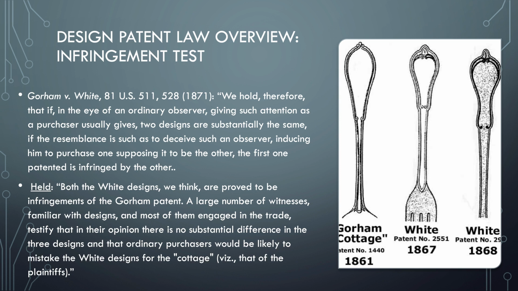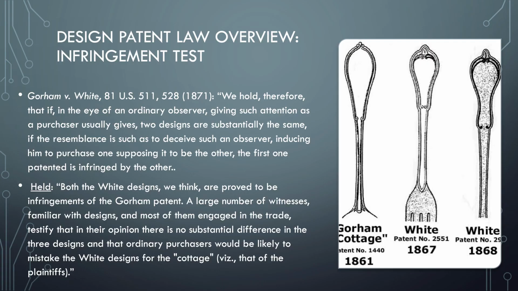And Gorham started with a design patent that the plaintiff Gorham had, and you can see there a picture of Gorham's spoon. This is sort of the cutlery spoon case. This is where it all began, ladies and gentlemen, with spoons in the United States design patent law. And pretty soon you're going to see where it all ends, with Apple, Samsung, and our smartphone battles. That's part of where we're going, and everything in between. But take a look at Gorham's spoon there, 1861, he got a design patent. Now, White came along and got some design patents too on White's spoons. Gorham was unhappy and Gorham sued, saying, your designs of your products, those spoons being sold, they're too similar to mine. They infringe my design patent.